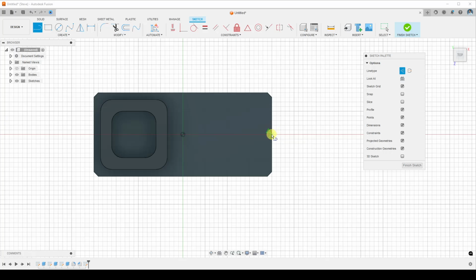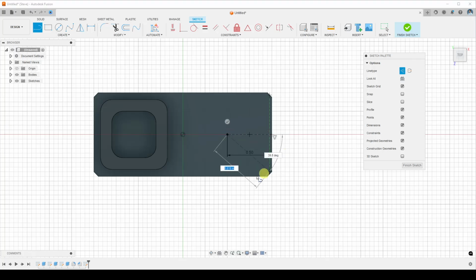So it's snapped in here at the center of this edge, which is actually what I want. Center of that edge. I'm going to click there, and I'm going to go out, and I can type in 0.5 here because I know that the center of that circle is 0.5 from that edge, and it's in the center here. And I can make sure that I get my 90 degree or my 0 degree here,